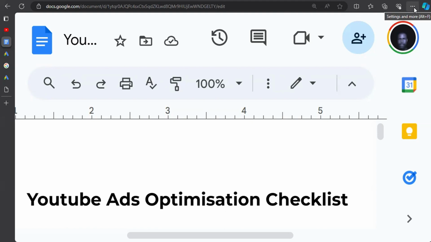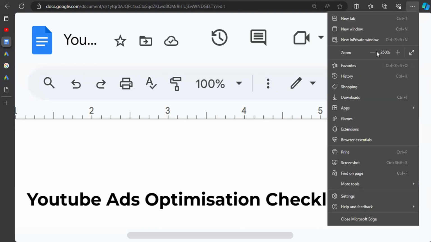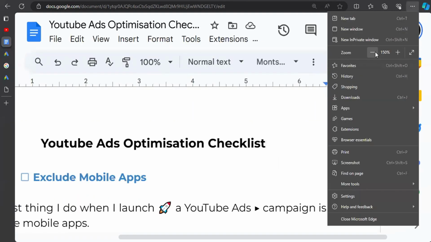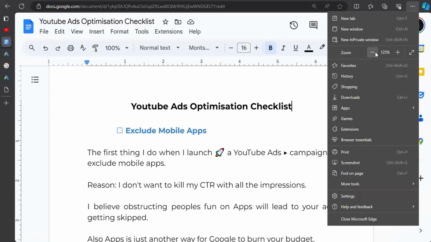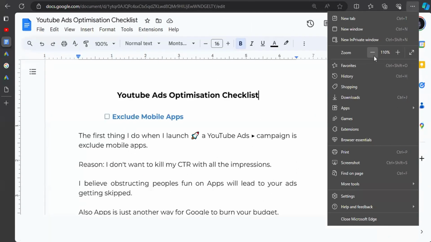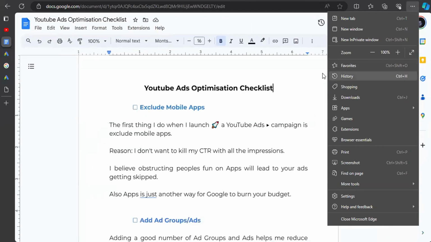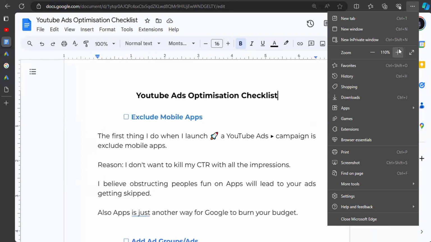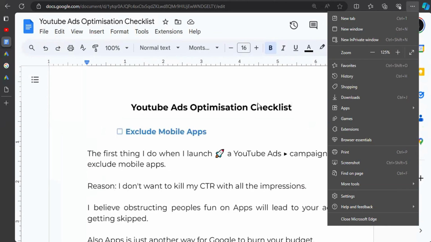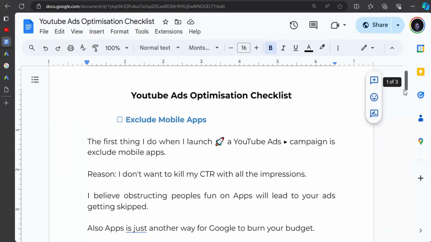So, YouTube ads optimization checklist. What do you need to optimize your YouTube ads campaign for good results, lower cost per conversions, and more conversions in whatever campaign that you're running? So let me just zoom out of this so that you can see what I've been hiding. The first step is to exclude mobile apps, right? Exclude mobile apps. That's the first thing you want to do whenever you are trying to optimize a YouTube ads